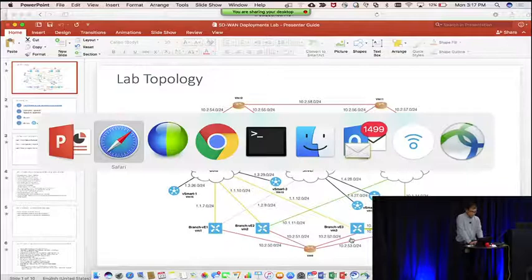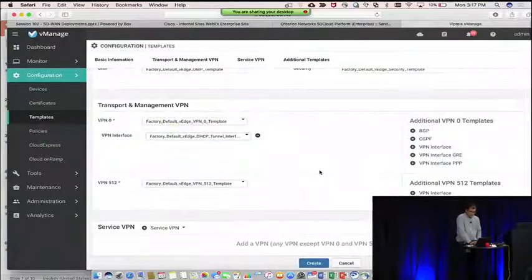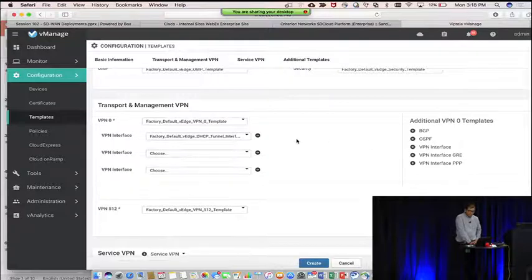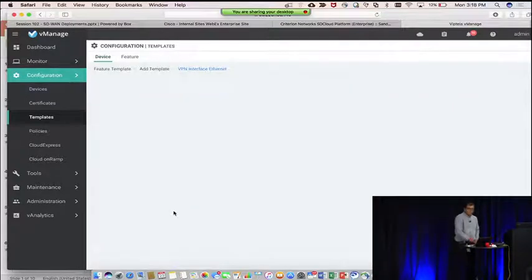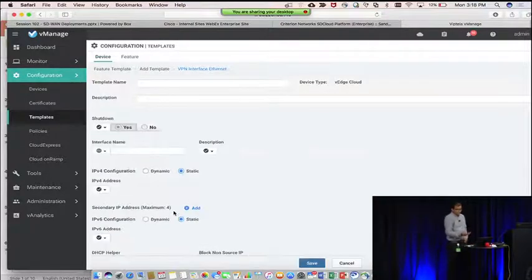So what I can do is, since I need 3 interfaces, I'll add 3 interfaces from my right pane of the glass. I can set up my individual VPN interfaces by creating a template for the interface. So now I'm actually in the interface template creating those. So I can call it